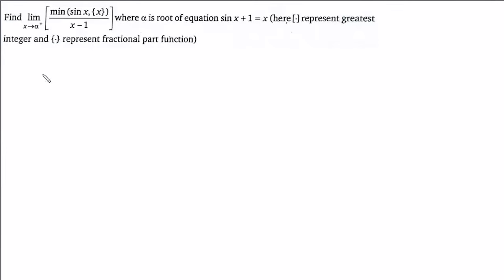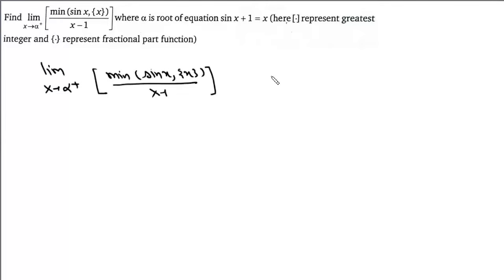Now here the question is, find this limit as x tends to alpha positive, of the minimum of sin x and fraction part of x, upon x minus 1, where alpha is the root of the equation [sin x] plus 1 equals x, where these are the greatest integer and fraction part functions respectively. Now if we draw the graph of sin x and fraction part of x,